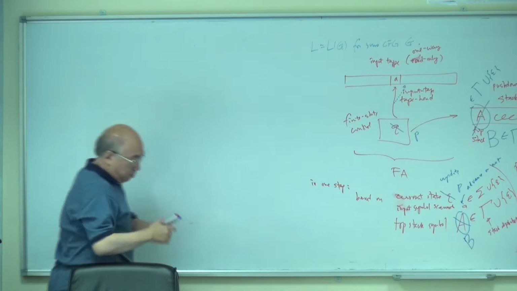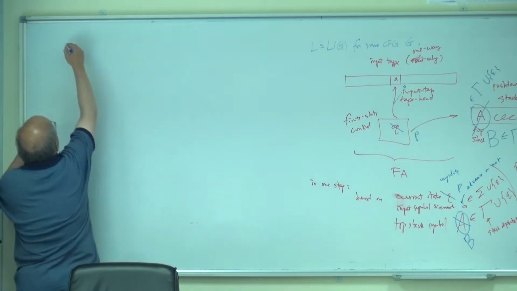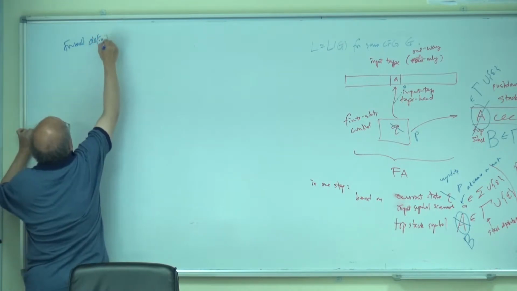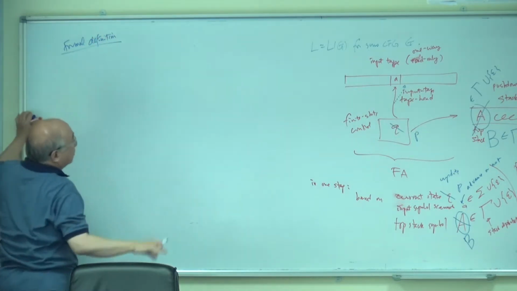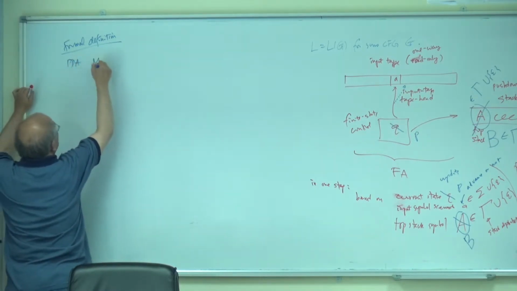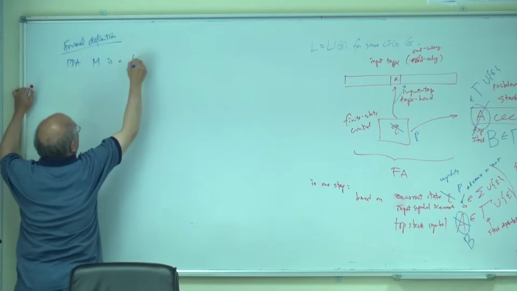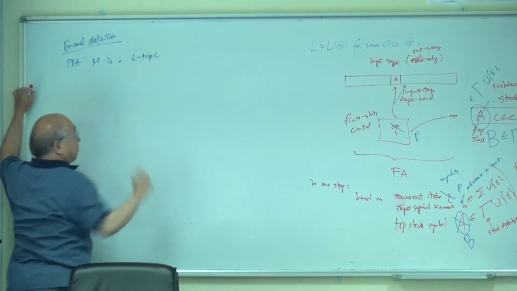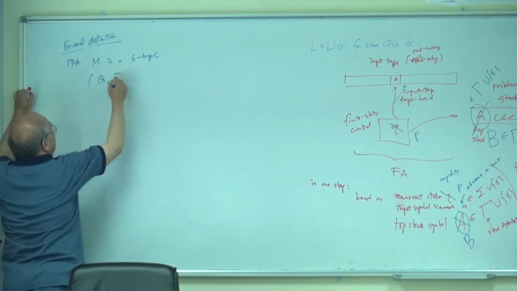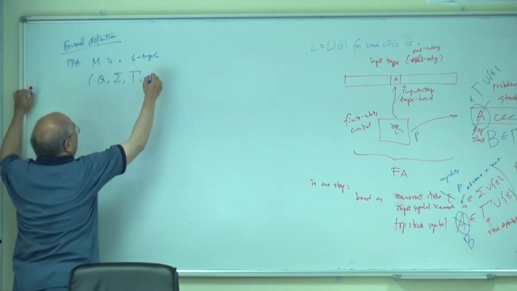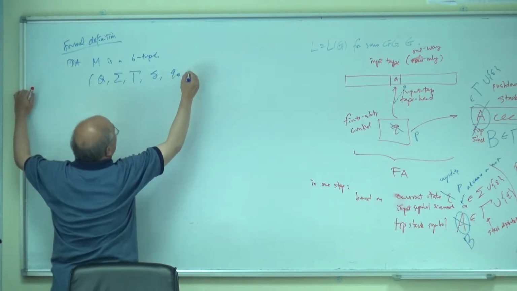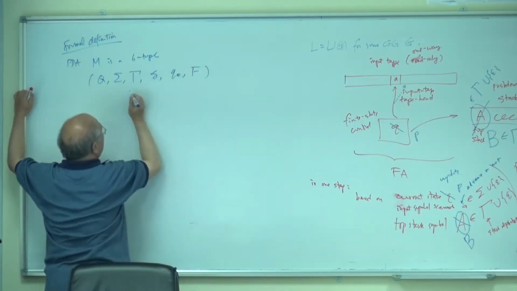Okay, so the formal definition. A PDA, let's say L, is a 6-tuple. Well, we have a few more items: Q, sigma, gamma, delta, Q0, F. You see that